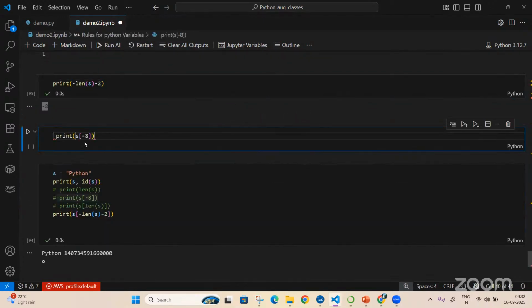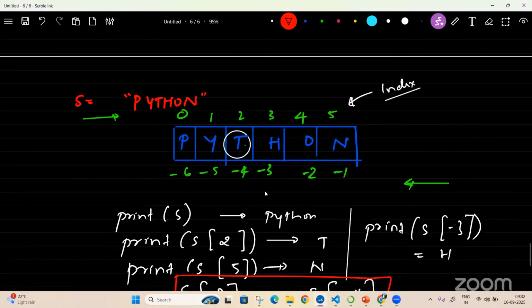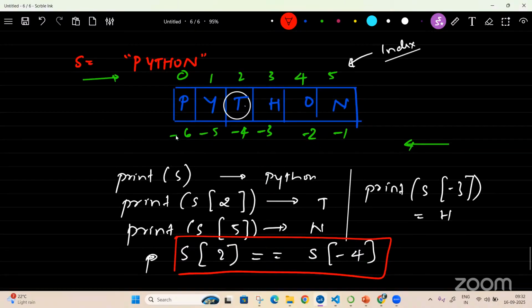Error. Why error? Index out of range. Out of bound error. Now, what is the maximum value that it takes in minus? Minus 6. I'm saying minus 8. Is it able to access that? No.